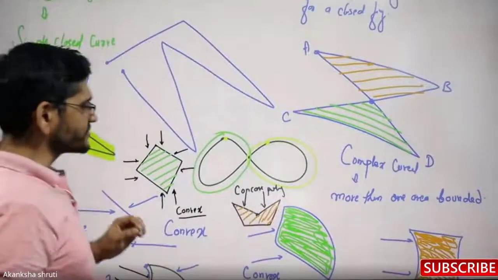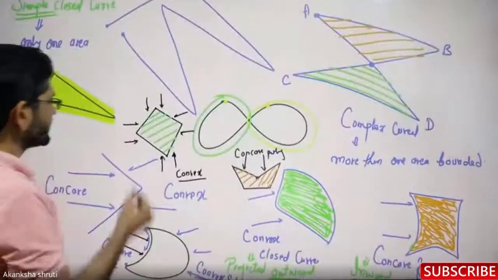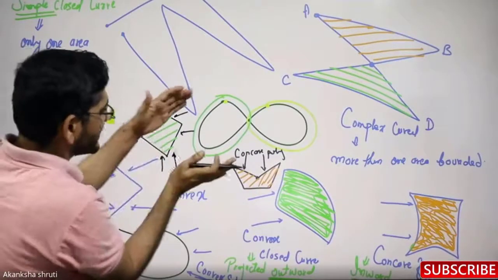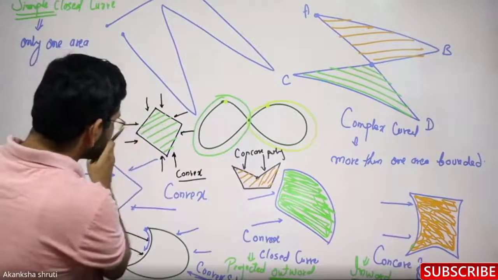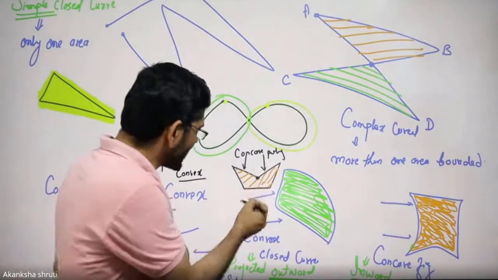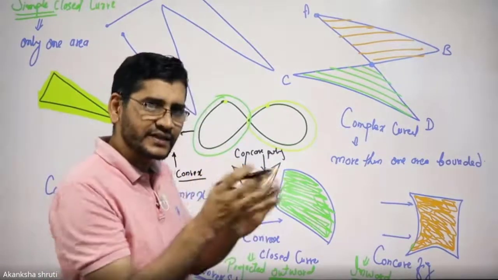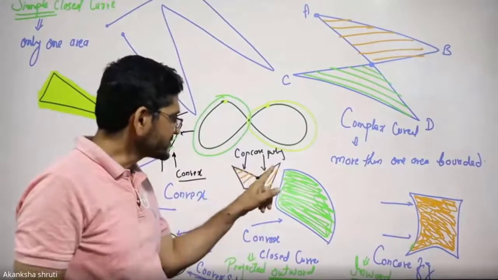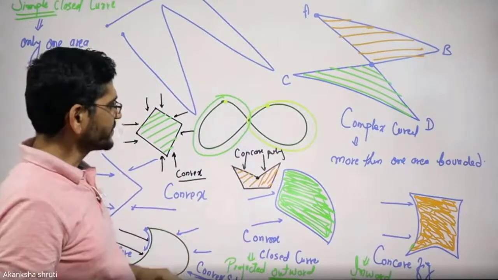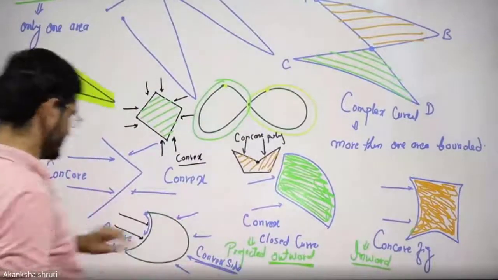Students, 2 terms are defined. One is called convex, another is concave. For convex, it simply means this vertex, the other 2 sides are inward, or this vertex is outward. But if we observe this vertex, then we see this vertex is inward, meaning projected inward with respect to these sides. So it is called a concave polygon, but this is a convex polygon. Okay, here we have taken it.